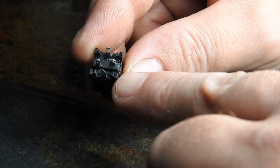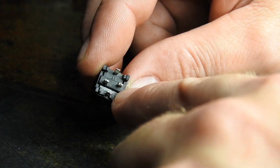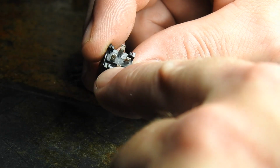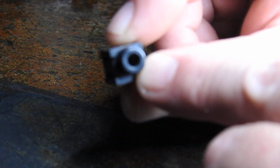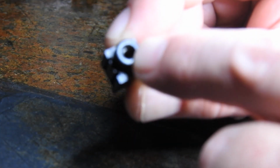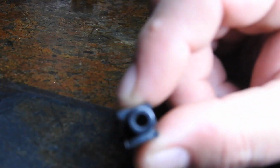Okay, somehow I managed to get all that back in together. These two pins in the middle here, leave them attached to that bit, and then these two pins can slide out and you can try and bend them to try and make a better contact. I don't know if you can see that, I couldn't even see any silver there, so let's put that in